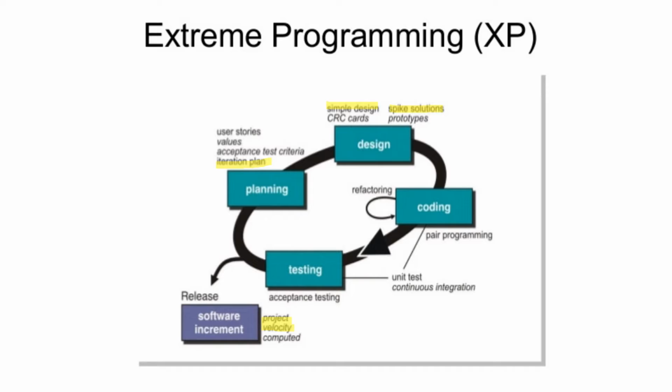This particular picture gives an overall idea about XP. In XP, you generally start with planning. It's called the planning game, where you create user stories along with acceptance criteria and their value. So the iteration plan is being done. Then you do the simple design, if required a spike solution, and then coding, refactoring,